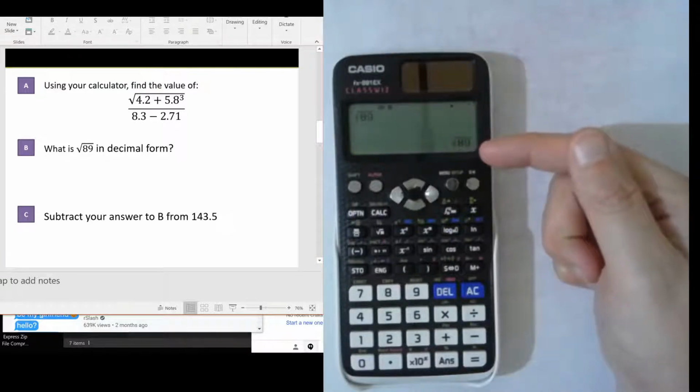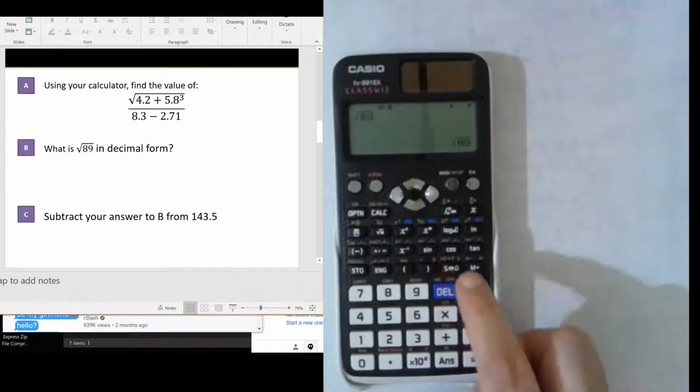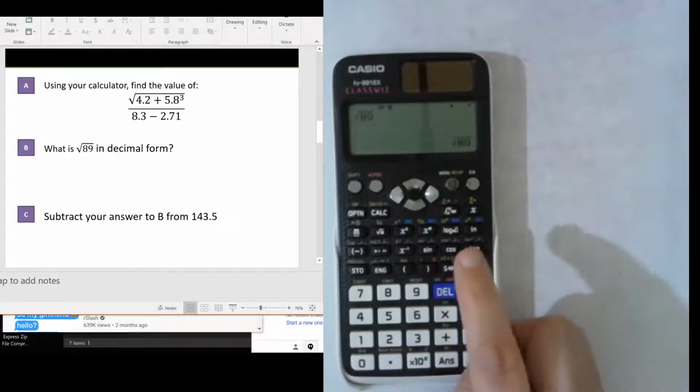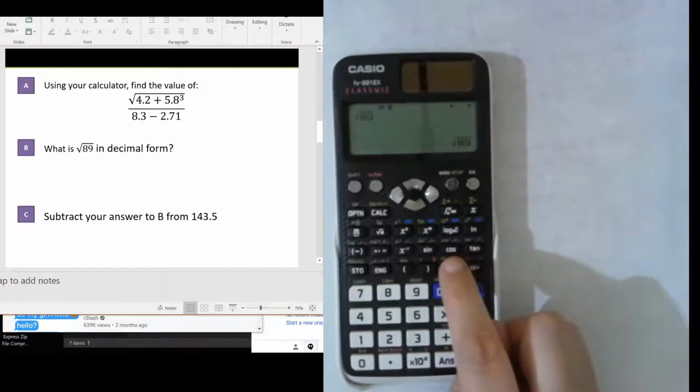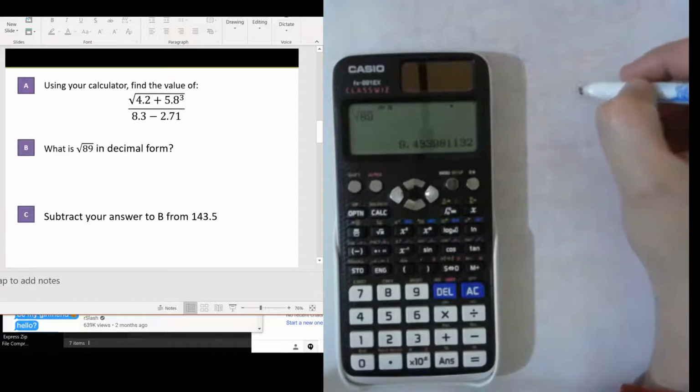Okay, that's not your decimal form. So you need to go between surd and decimal. Some people like to call it special and decimal because you do see fractions and so forth with them. So just use the SD button. That will get you into decimal format. What if the question asks you what is it in decimal form, then you can say, well, it's